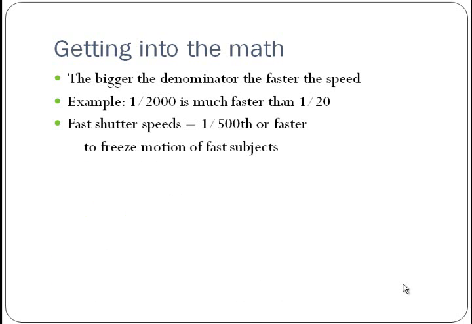Fast shutter speeds are considered around 1/500th or faster to freeze the motion of fast subjects. That's just another little general rule. So if you're trying to catch a sports photo or freeze water so it's crystal clear, instead of the dreamy effect, you're going to want to try to go 1/500th